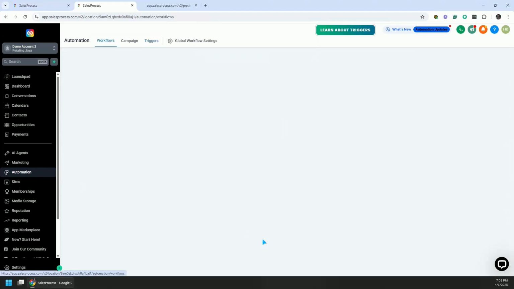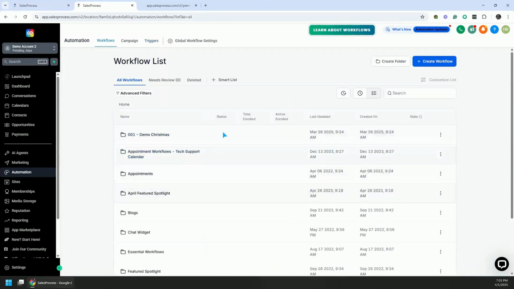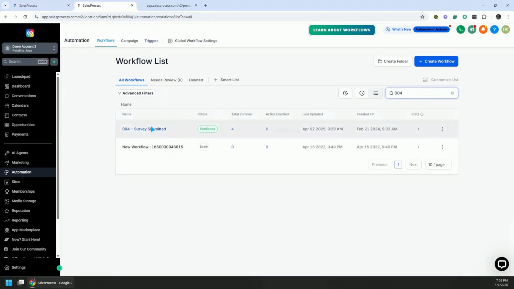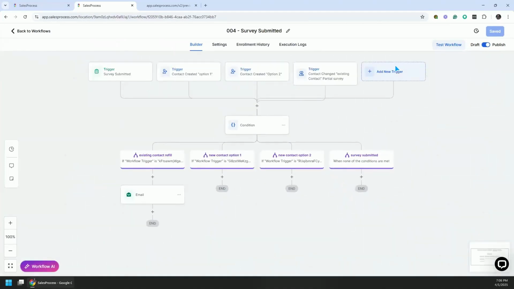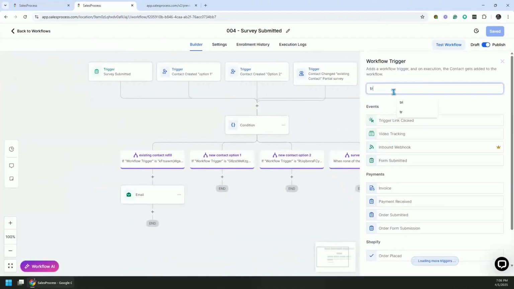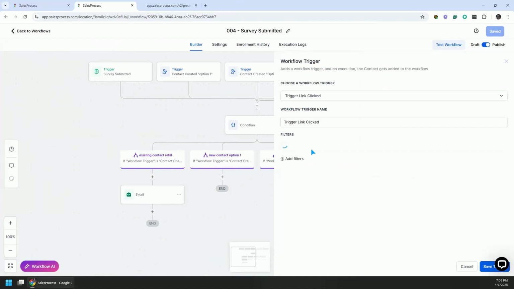And now let's go to workflows, and let's go to the same one, and it is going to be trigger link clicked, and because we have created that, it should show the Zoom